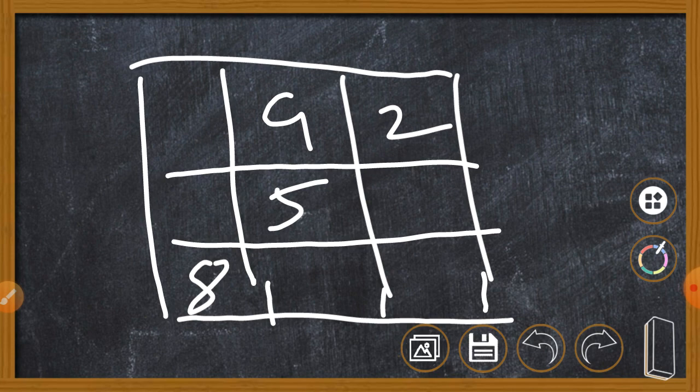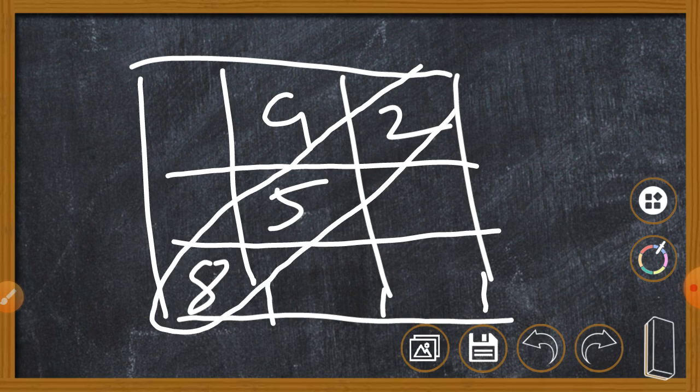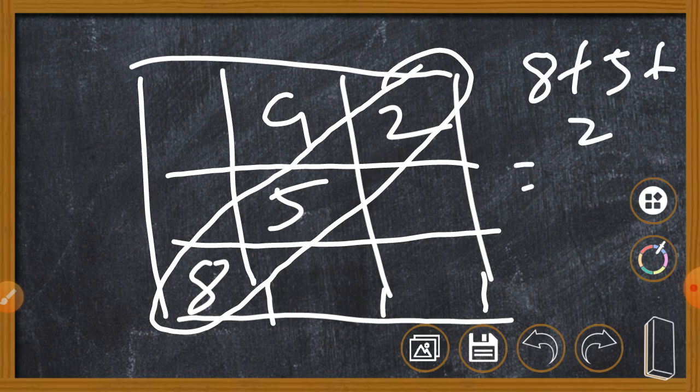The total which you need for each and every set of boxes, you need to calculate that total first. Since most of the boxes are empty, we will go from corner to corner. So 8 plus 5 plus 2. What is 8 plus 5 plus 2? It is 15. So the sum which I need in each and every one of these is 15.